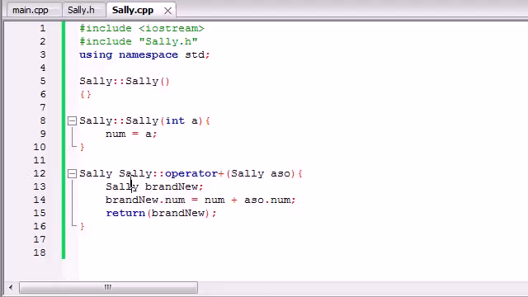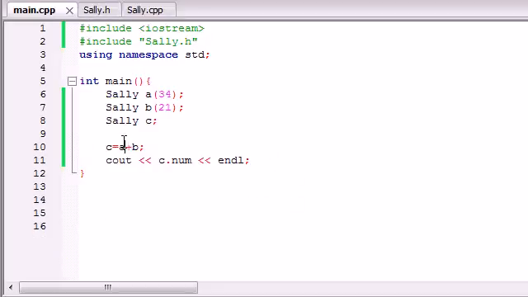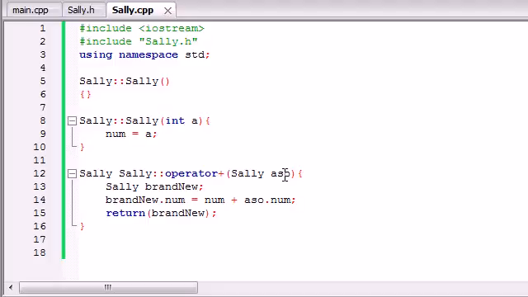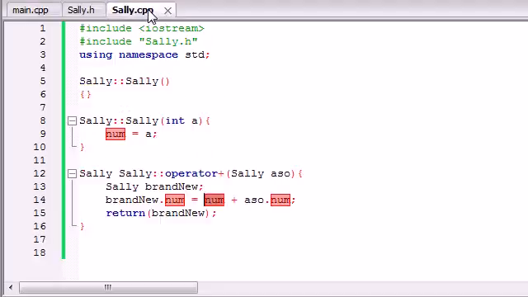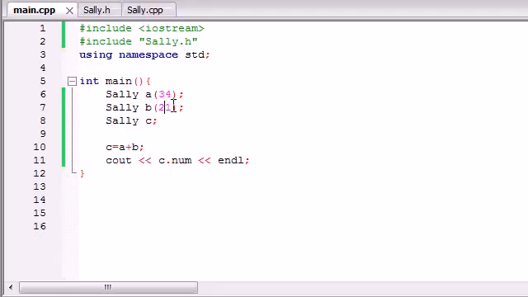So what it did is it took the current object, which was A, right there, and this B was treated as the parameter, another Sally object. So what it did was it took the current object's number, which was 34, it added another Sally object's number, which was 21,